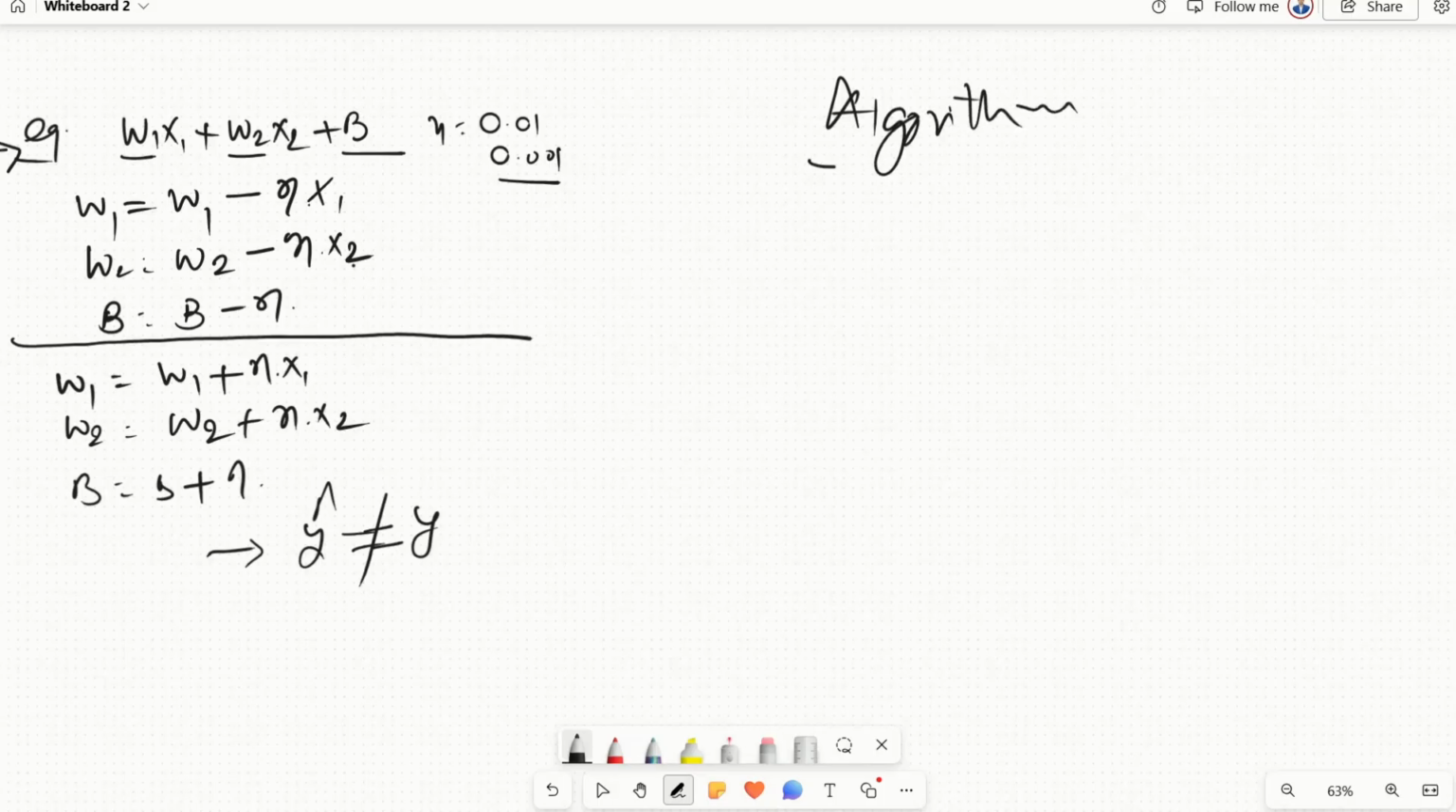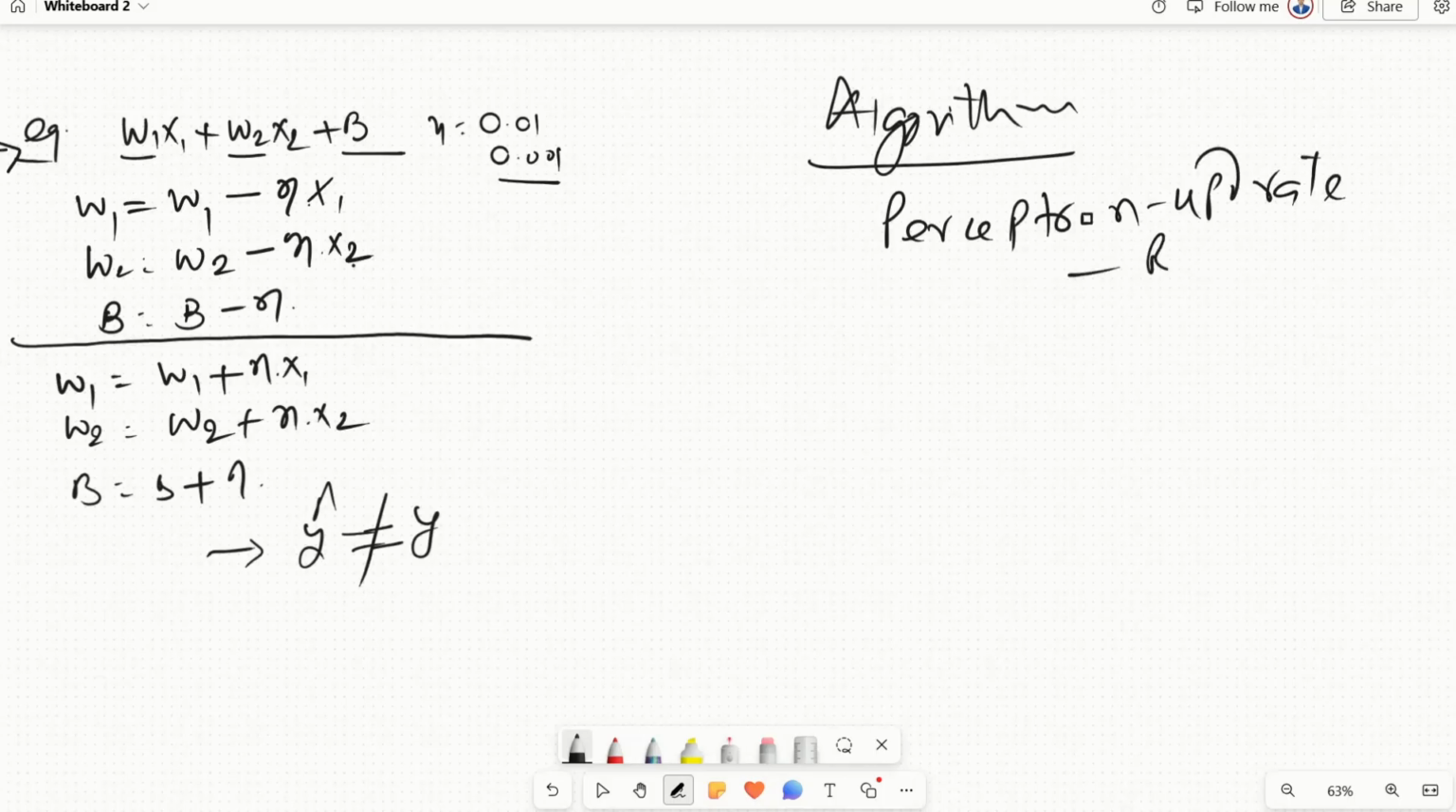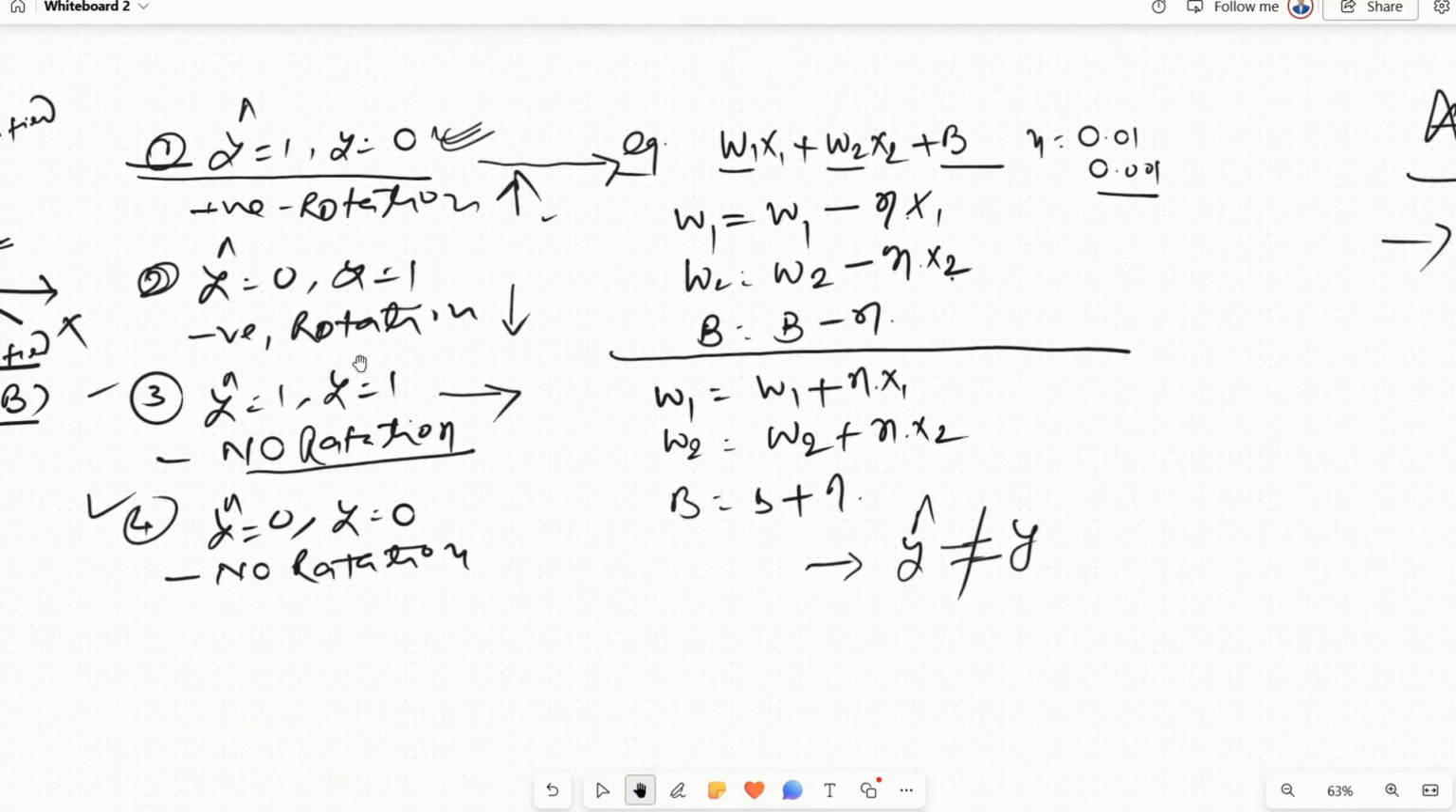I will call this algorithm the perceptron update rule. I have already discussed that there are only four cases possible where my prediction and actual value are not matching. If it is matching, there is no problem and no update is required. If my prediction and actual value are not matching, then we have to do